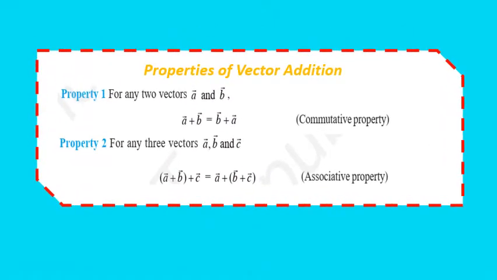Now we have some properties of vector addition. First one is the commutative property, that the addition of two vectors A and B follows the commutative property. That is, vector A plus vector B will be equal to vector B plus vector A. So we can add two vectors in any order. Next we have the associative property, that is, the addition of three vectors A, B, C can be done in any order. That is, first we can group A and B, add C, and then we can take A plus the group B plus C. Clear? So the addition of vectors follows commutative as well as associative property. Pause and note down this point.